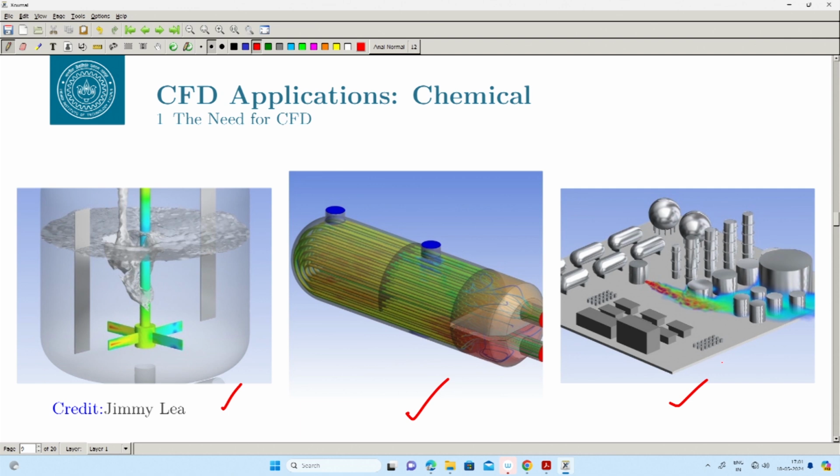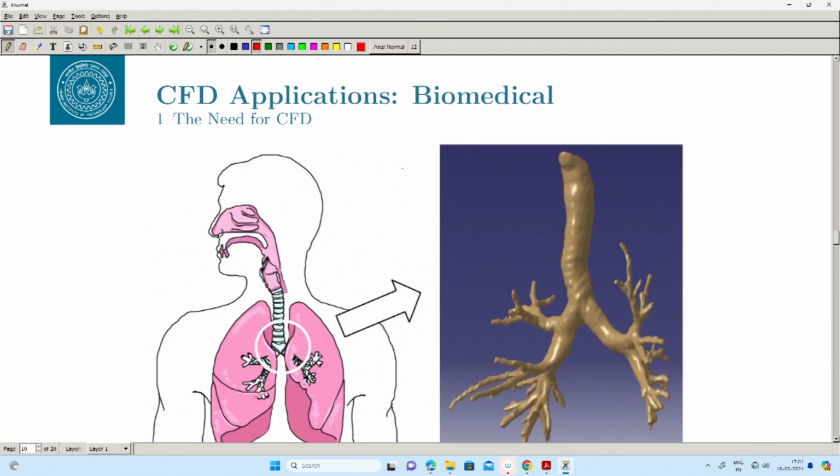Okay. After chemical, the one field where the CFD is now getting into with full force is the biomedical application, because health is one of the biggest concerns of this 21st century. So, what I am showing here is, for example, the lungs, the bronchial, and we want to basically simulate the airways inside the bronchial. So, this is a very complicated system,